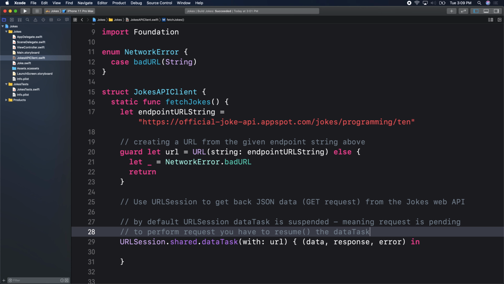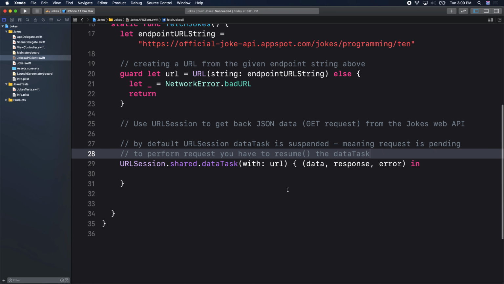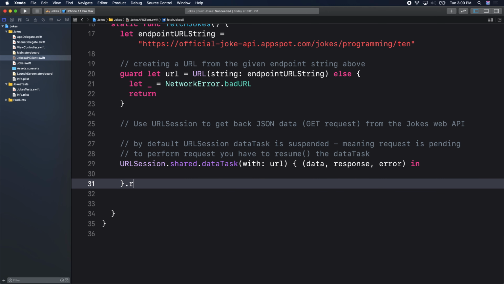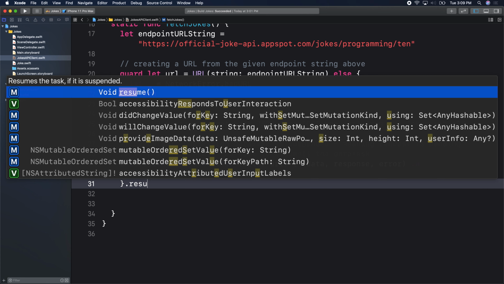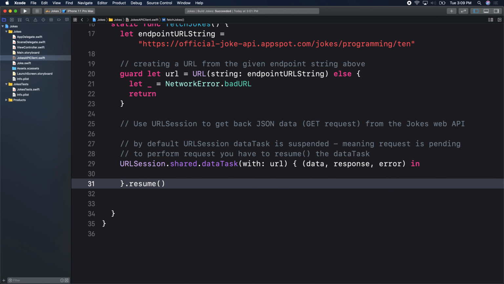Right? In other words, you open up a door, but you don't go through the door to get anything unless you say, on my data task, resume that task. So we have to explicitly say resume. So stopping here is not it. What we could do, we could say resume like that, right? We could say resume like this. This is fine. But I want us to get in the habit of knowing that on the data task itself,